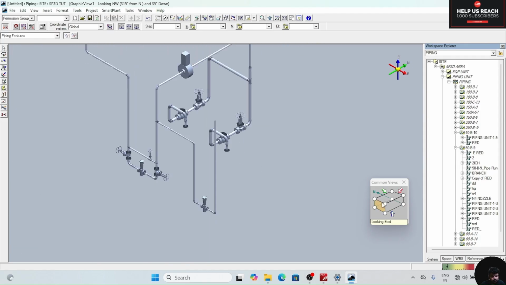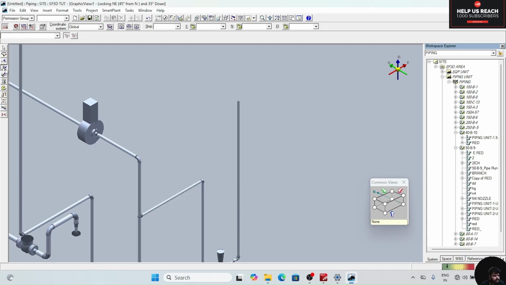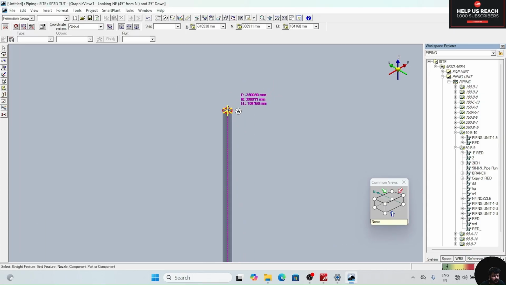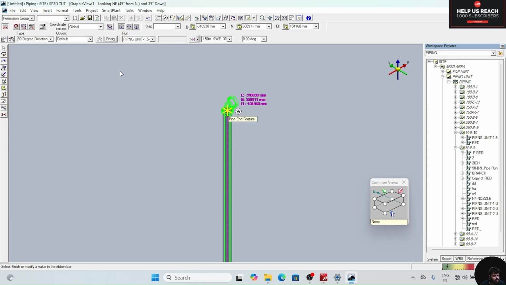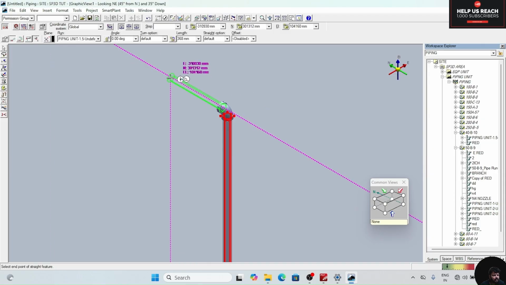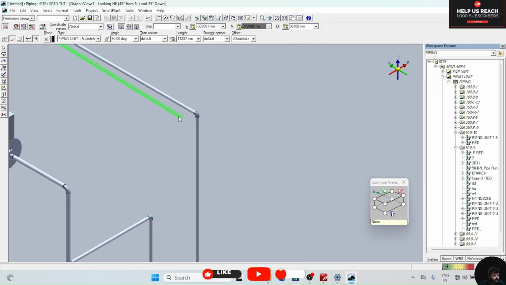Now click on escape. Now we will change the view. Insert component, select the point, 90-degree direction change, change this position to origin, change angle to 90 degree, 270 degree, enter, click on finish. Now again root pipe, lock the north position. After locking the north position, we can give the position 309080. Click enter, click anywhere on the screen, click escape.